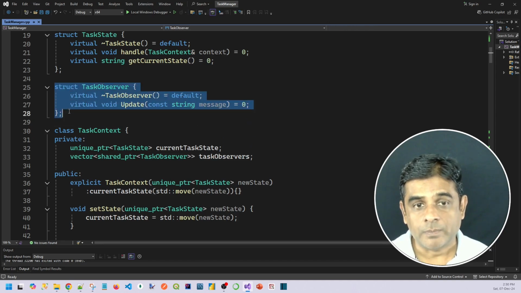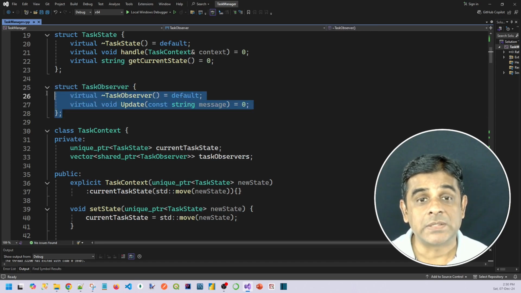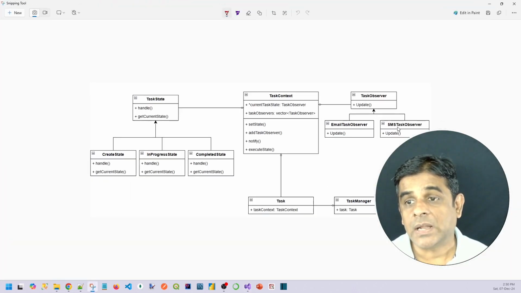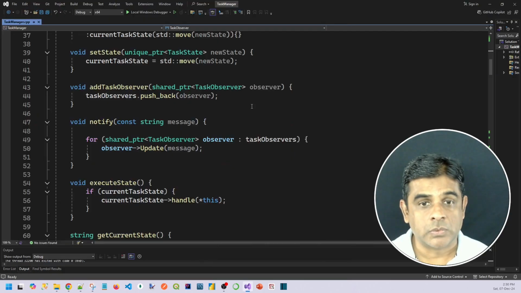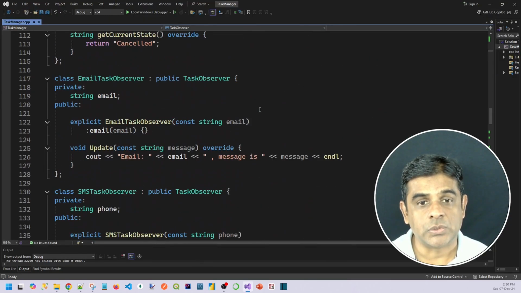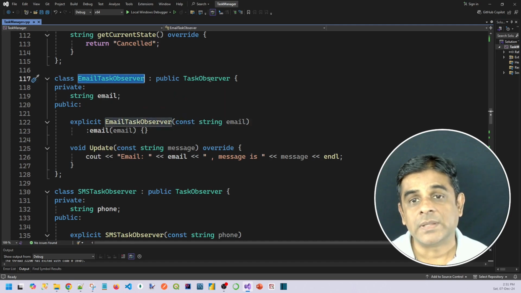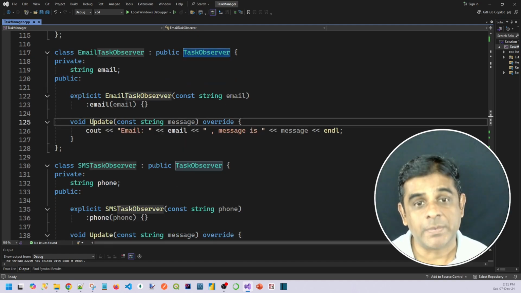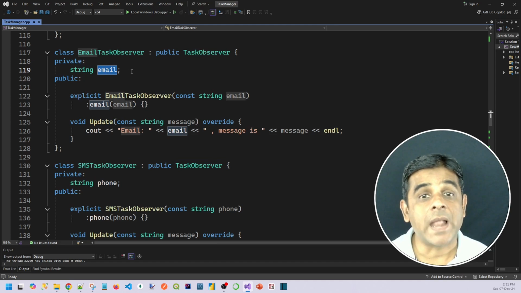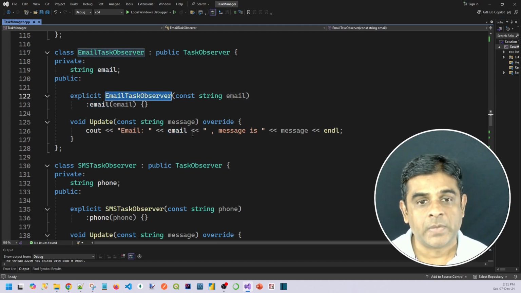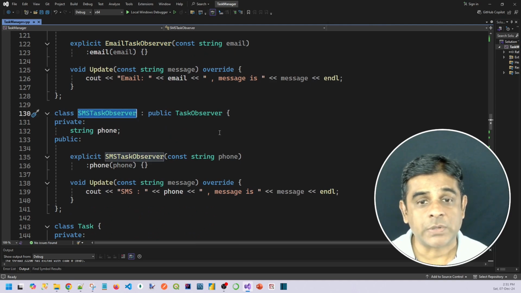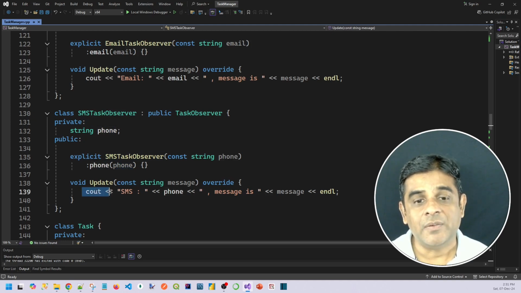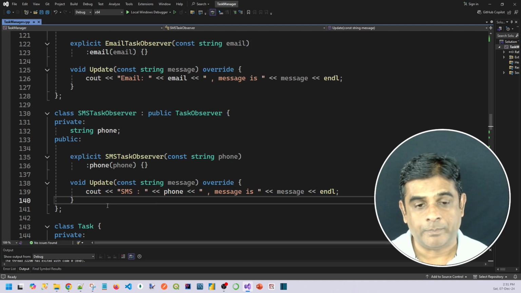Now we have two implementations of the task observer. One is the email task observer and another is an SMS task observer. So we will be using the email task observer that inherits task observer, and it implements the update method. We are taking the email ID in the constructor, and same thing for the SMS task observer, we are taking the mobile number or phone number, and when it is notified, we are sending SMS. Okay,